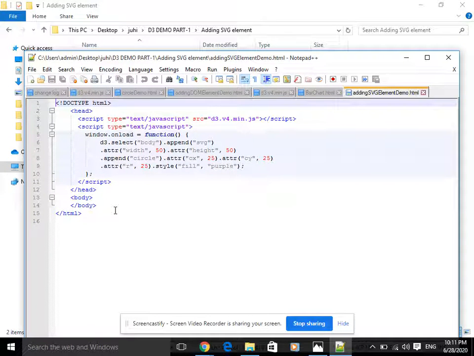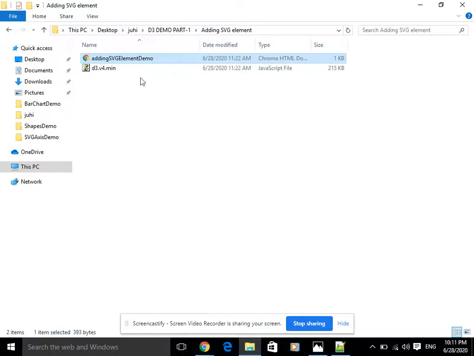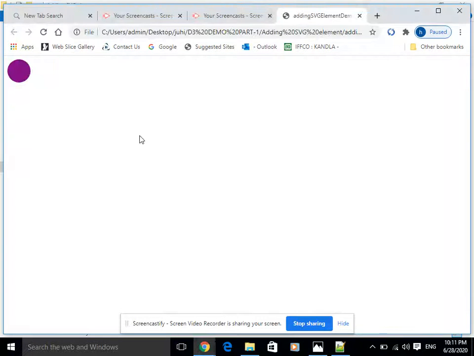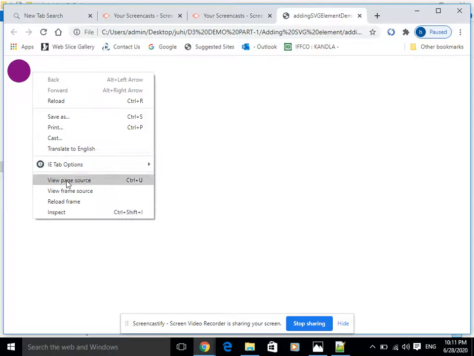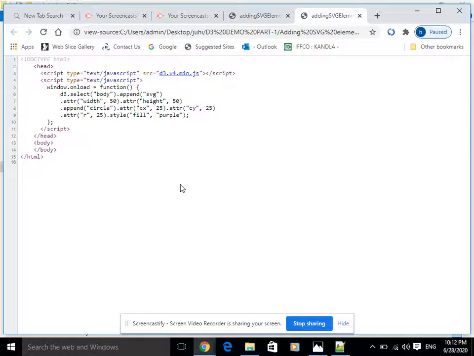Here, let us take a look at the demo first so you will understand. So this is a circle. It is a filled circle. Now how this has been implemented with the help of SVG: window.onload, d3.select body, append svg, which is also a tag, an element.